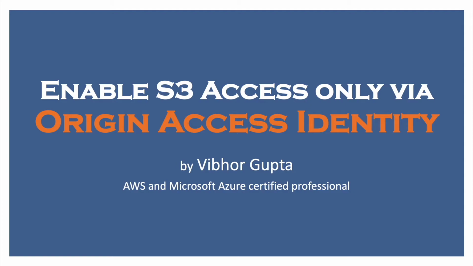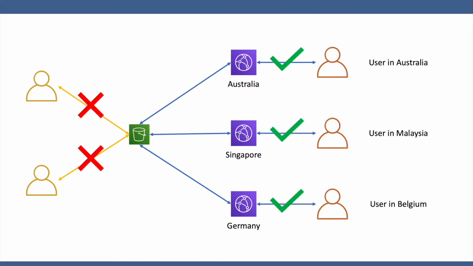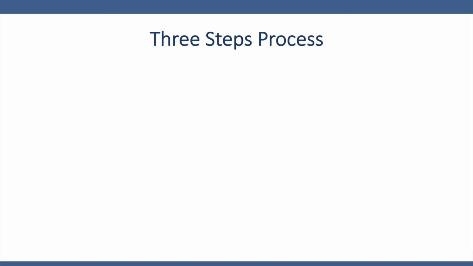Let's discuss this with the help of an example. Suppose our content in S3 bucket is accessed across the world via CloudFront distribution. We have granted public access to read the content of our bucket. Anyone can access the content using CloudFront or direct S3 URL. It is a good practice to not allow users to access the content directly from S3 bucket and only access using CloudFront. To restrict this, we have to only authorize access to S3 bucket via Origin Access Identity.